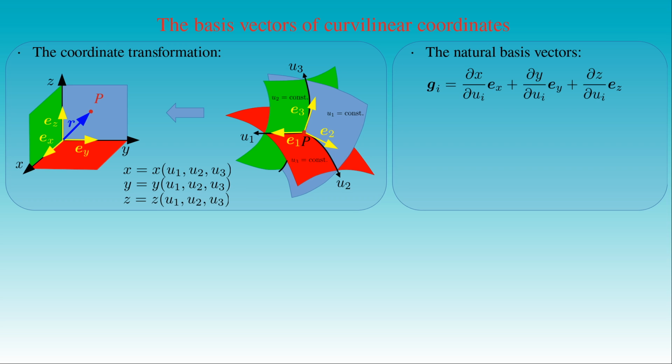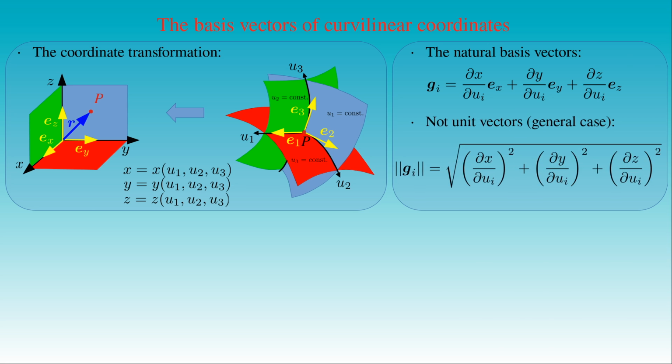We can conclude that the components of the natural basis vectors in the Cartesian coordinate system are the partial derivatives of the Cartesian coordinates with respect to the corresponding curvilinear coordinates. It can be shown that the vectors are linearly independent from each other, therefore they form a basis. The length of each basis vector is given by the square root of the squared sum of its components, which